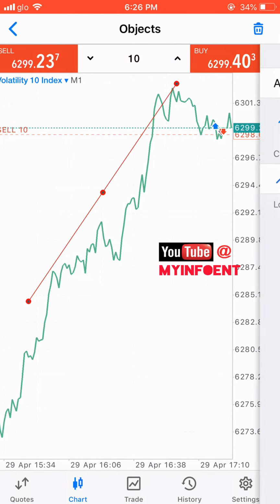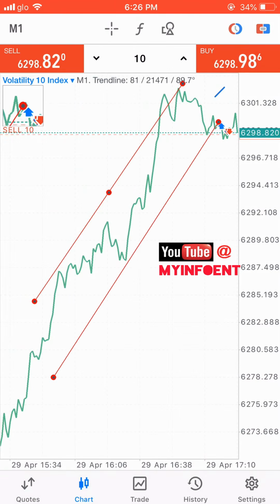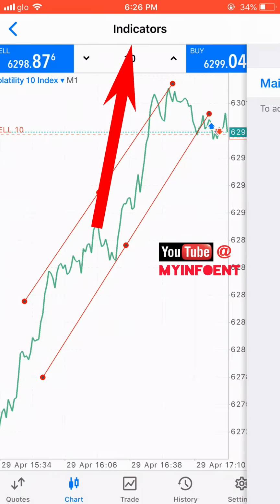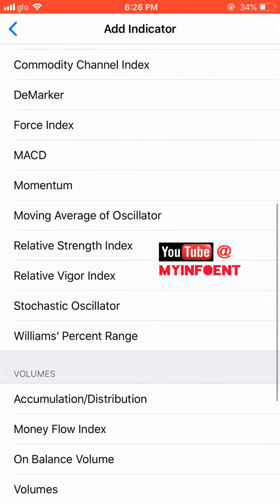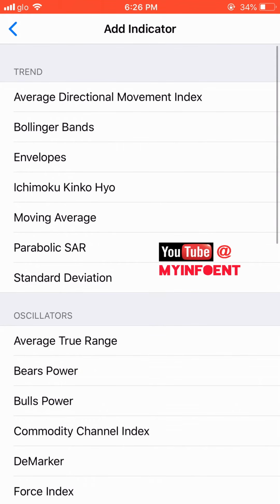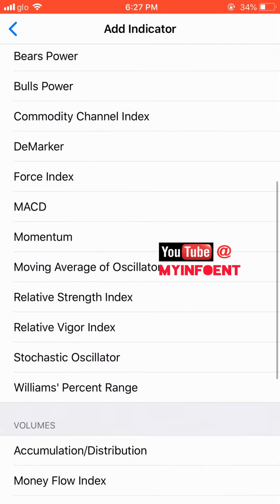So this is how to draw a trend line. Then the F button is when you want to add an indicator. You click on the add button. These are different types of indicators, so you need to learn. If you don't know how to use them, maybe you need to do some little research on how to use these